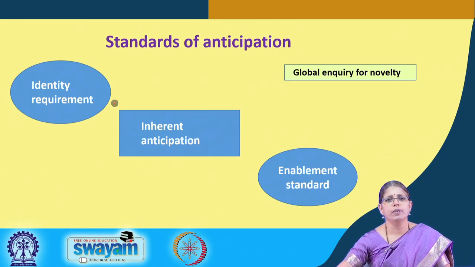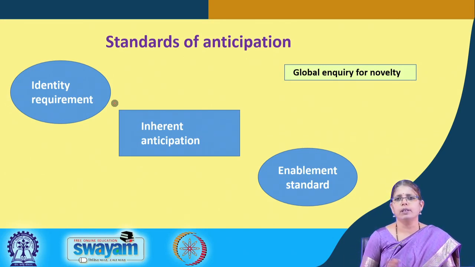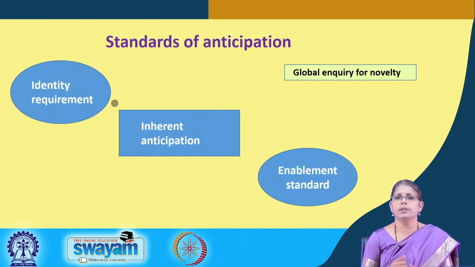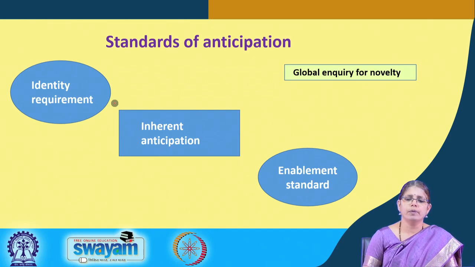Let us understand the relationship between novelty and anticipation. A simple relation between novelty and anticipation is the higher the anticipating art, the lower the novelty, which means novelty and anticipation are inversely proportional. So, greater the anticipating art, the lower the novelty of the invention. So, when we are looking at prior art and considering a given prior art to be anticipating in relation to the invention,